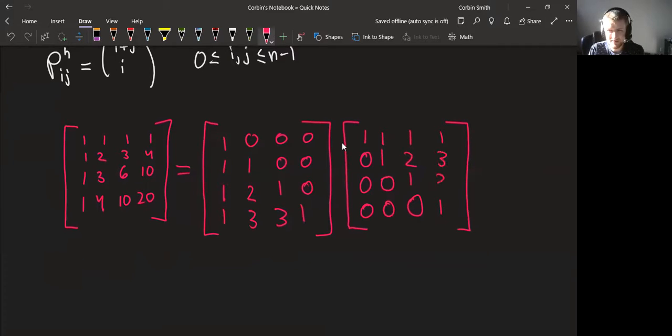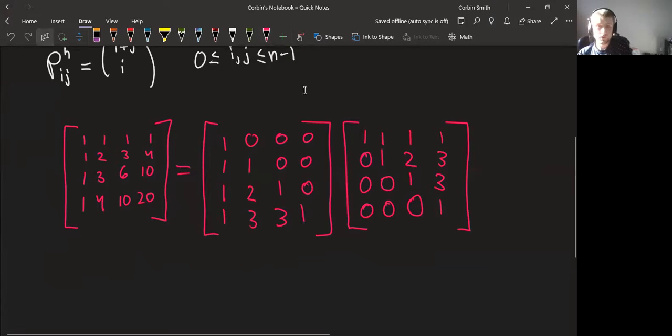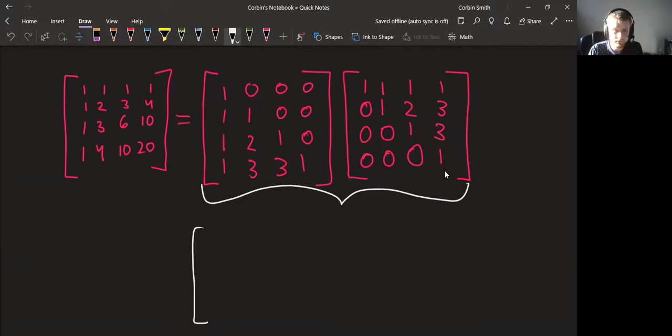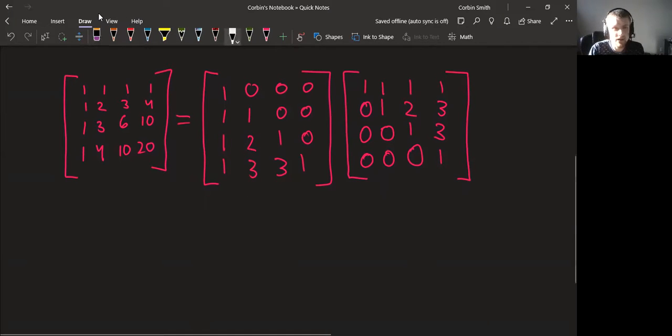It's similar to P3. All right, we should confirm that this is true for this example, right? So I'm going to do this product right here. Let's do P3 next. Let's do P3 actually. So let me give a name to this. This is called the P equals LU